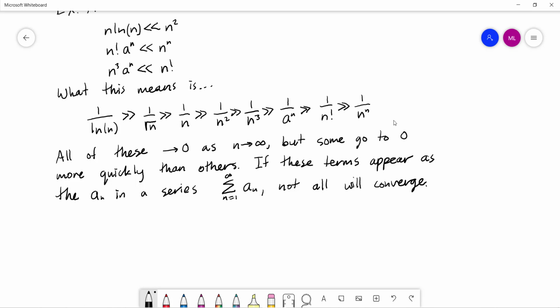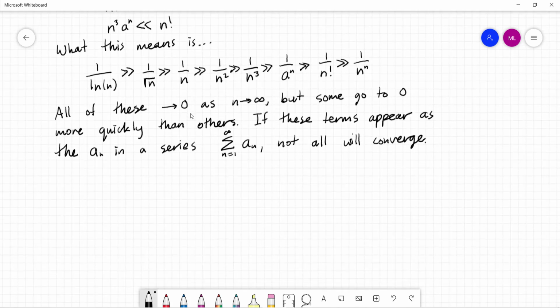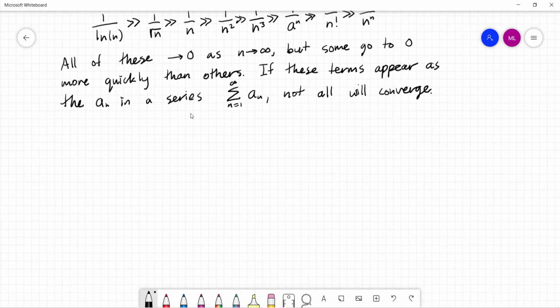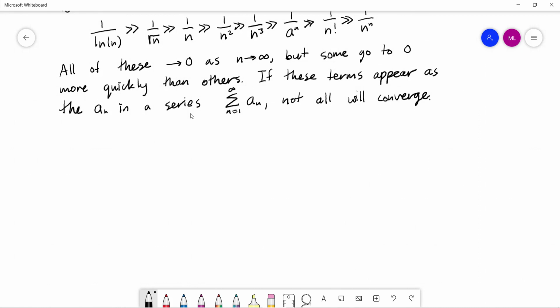They have to go to 0 sufficiently quickly. Where does that cutoff occur? That cutoff occurs right here at 1 over n. So basically, if we write these out again, if I have terms, let's write this again. If our a sub n is one of these, 1 over the log of n, or 1 over the square root of n, or 1 over n, all of these